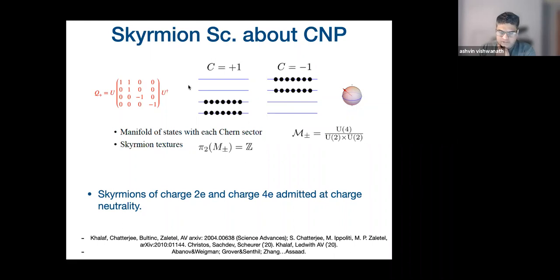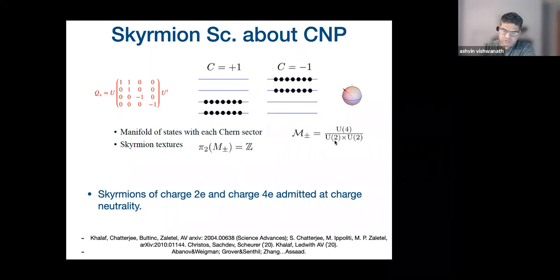So the order parameter, if you like, is essentially this matrix. Sorry, this typo is 0 here. Diagonal matrix, you empty 2 bands and you fill 2 bands. And you can make any U4 rotation of that. That's the U over here. Okay, except that certain rotations do nothing to this matrix. This is an identity matrix over here. So the manifold of ordered states over here is U4 quotient with U2 times U2.